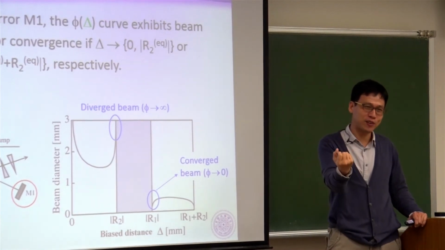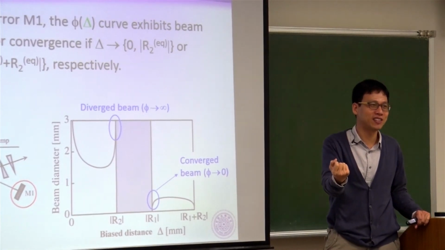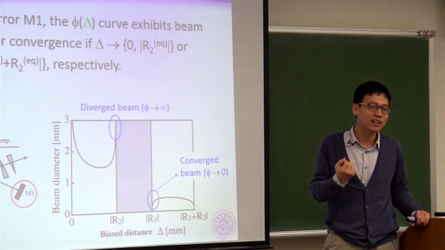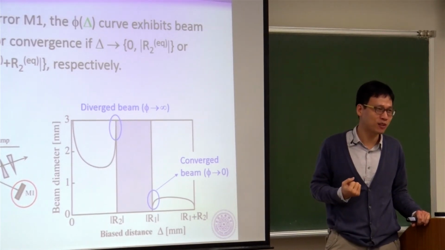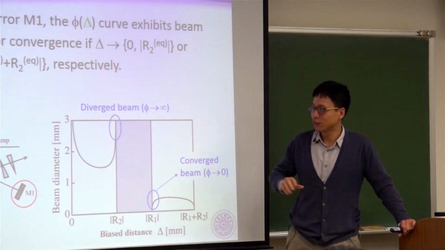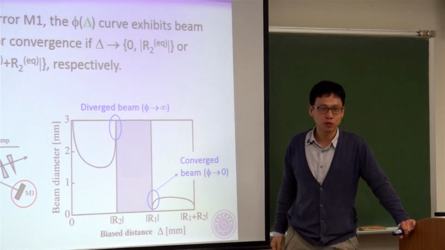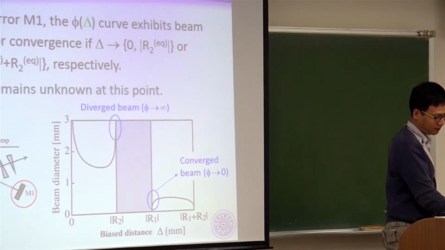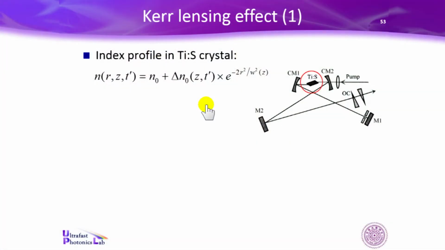Your beam size is very stable against perturbation. It's not good for pulse shortening. 好，所以即使你没有做数学计算，你大概也可以猜出一些性质。